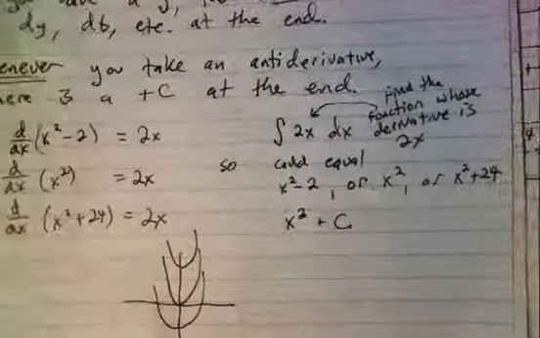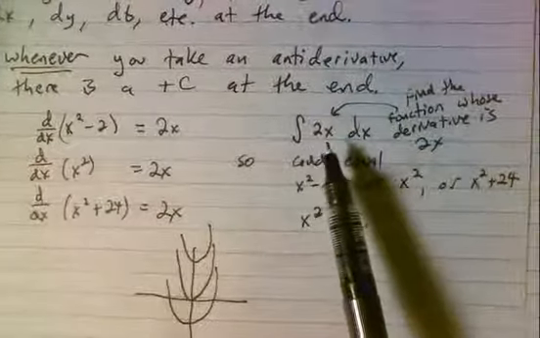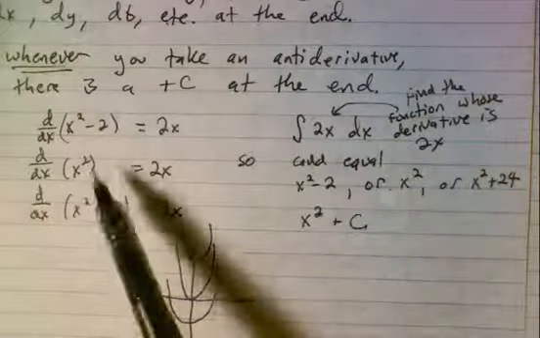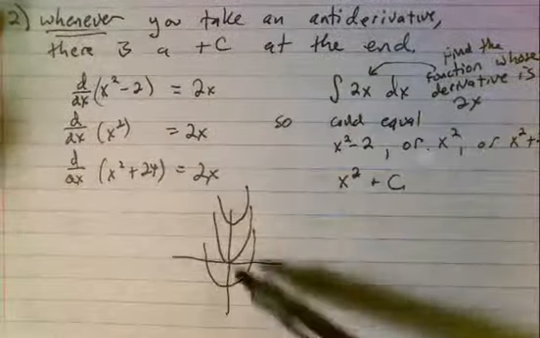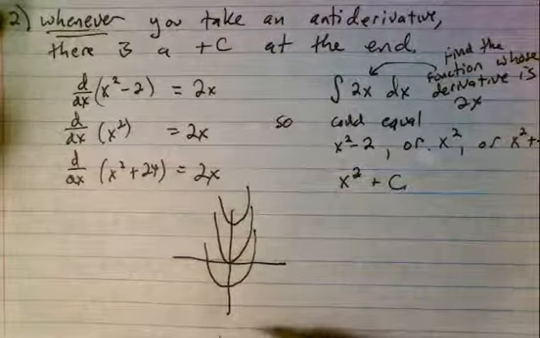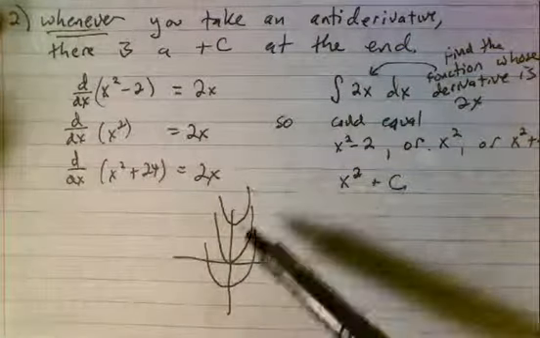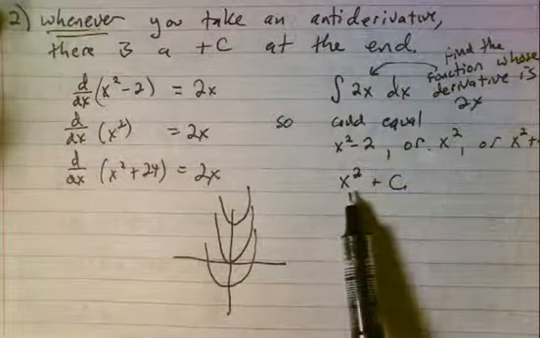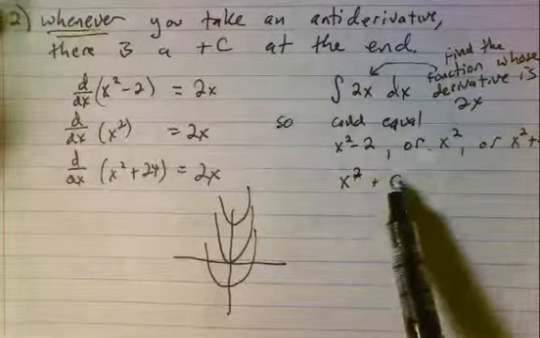So if you remember way back from Antiderivatives 1, that's this one right here, we talked a little bit about how when we take the antiderivative of something like 2x, it could equal x squared plus or minus really just about anything. We had this family of curves that if we moved it up and down, the derivative would still be the same regardless of which of these curves we were on. And so we notated that by saying that the antiderivative of 2x was x squared plus c, the c standing